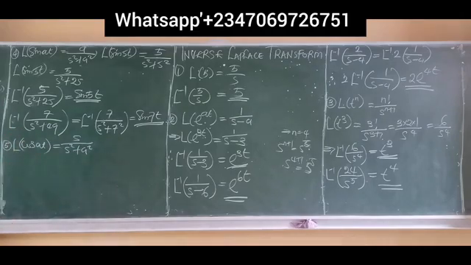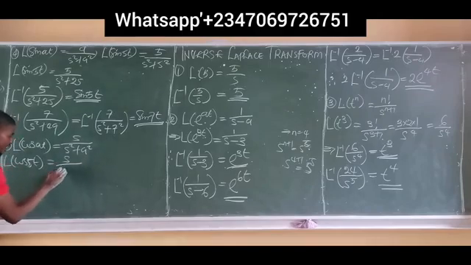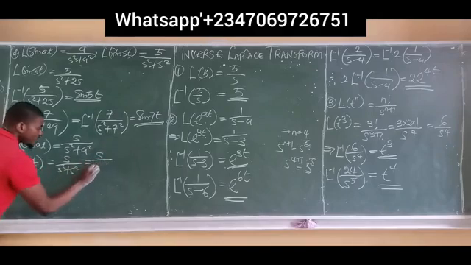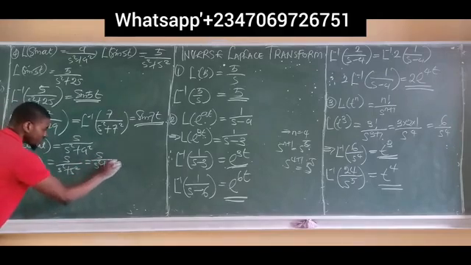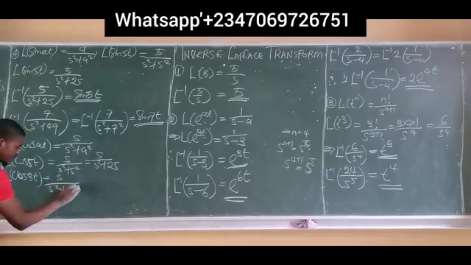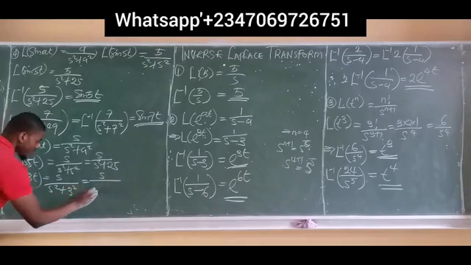So if I'm asked to find the Laplace of cos 5t, it is simply equal to s over s squared plus 5 squared, which is s over s squared plus 25, because 5 squared is 25. If I'm asked to find the Laplace of cos 3t, this is equal to s over s squared plus 3 squared,